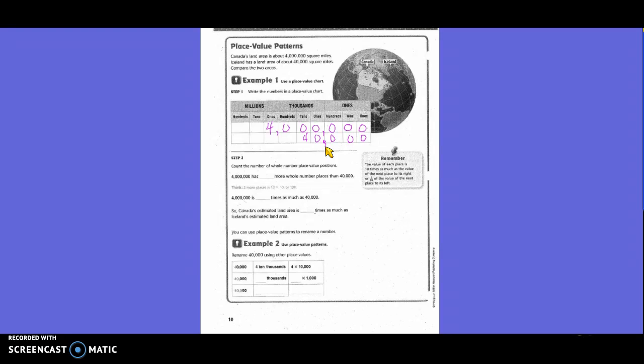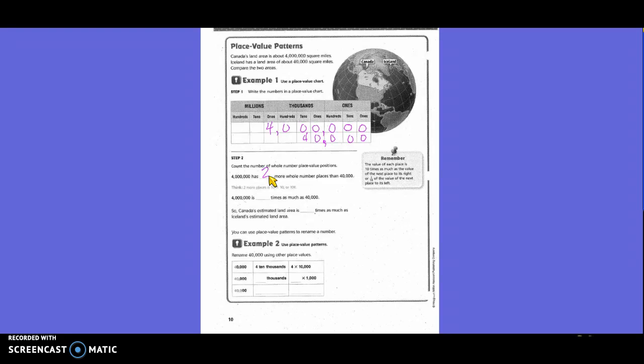Step 2, count the number of whole number place value positions. So how many boxes did we fill up for 4 million? 7. How many boxes did we fill up for 40,000? 5. So 7 minus 5 is 2. So 4 million has 2 more whole number places than 40,000. So 4 million is,